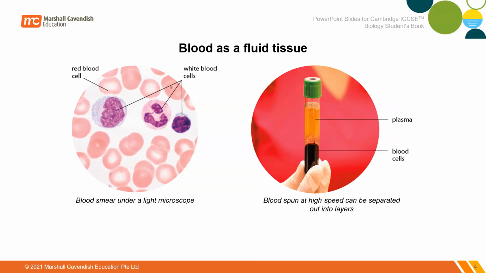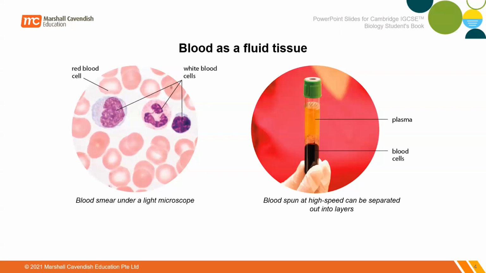White blood cells are for defense action, so production of antibodies and engulfing and eating bacteria is the main function of white blood cells or lymphocytes. There is another type of cell called platelets, and the main function of platelets is to help in